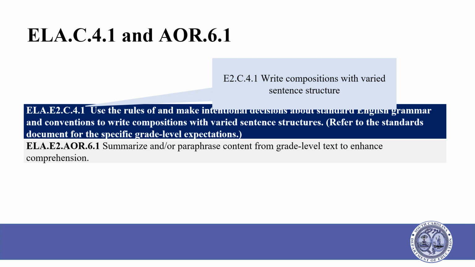In English 2 C.4.1, write compositions with varied sentence structure. Remember, there is no required number of paragraphs for the TDW response. Students are limited to 5,000 characters. As mentioned with grades 7 and 8, the text provided with the TDW item may not be rich enough to support a 5-paragraph response, so requiring all students to write a 5-paragraph response could hinder their scores.